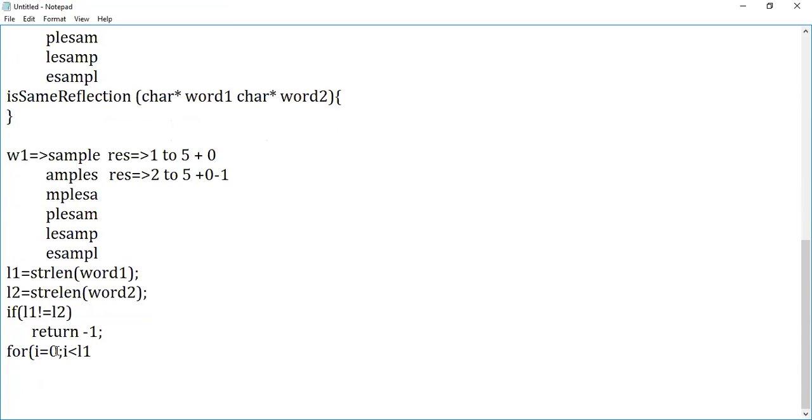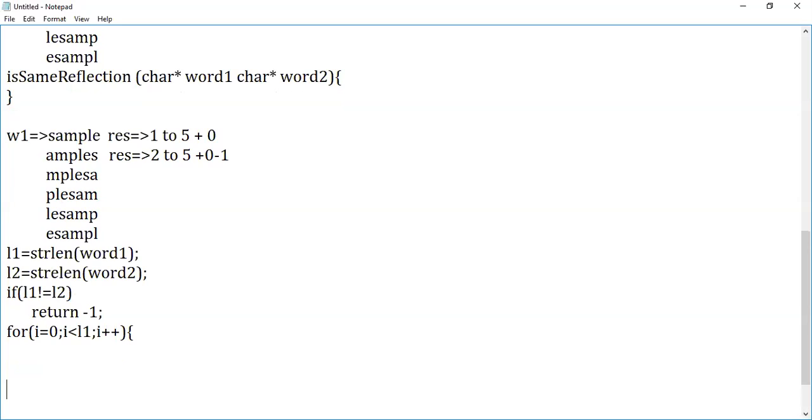Okay, this is your first condition. When it is not equal, this is done. Followed by it, you can start with your iteration and go till the length of it. You can have an iteration inside this. As I stated, possible combinations can be checked first. The possible combination count is up to the length of it. So you can have your J loop starting from I plus 1, and the J loop goes till the length of your L1, followed by J plus plus.